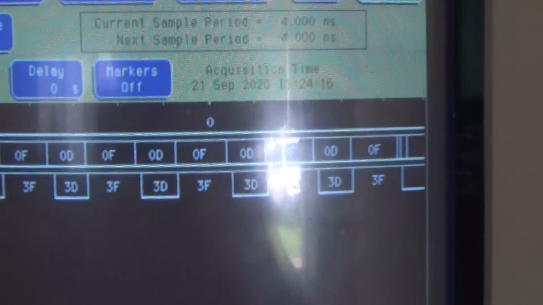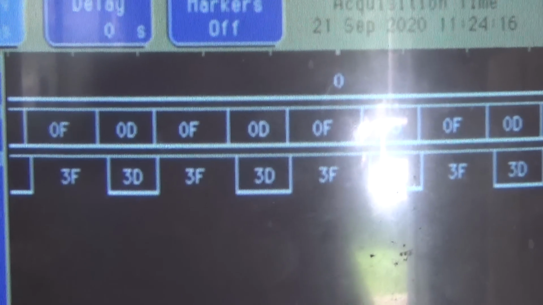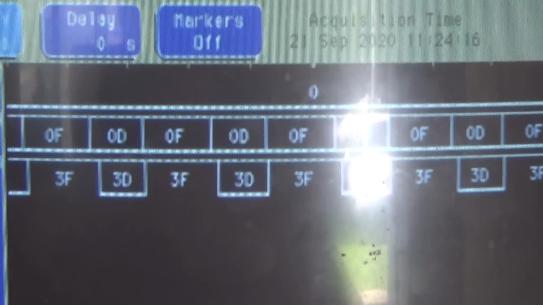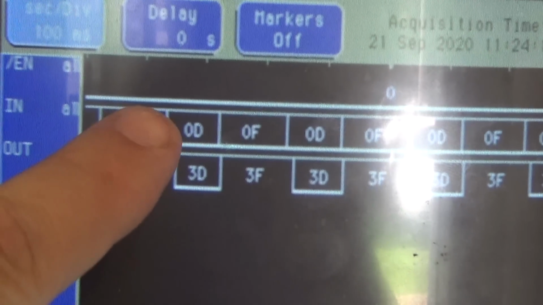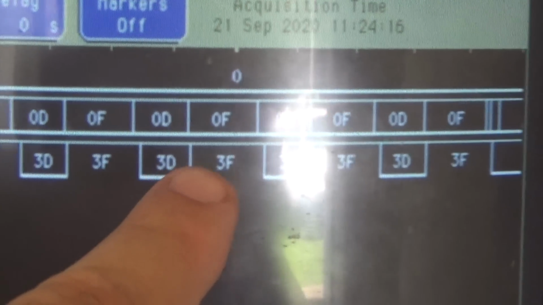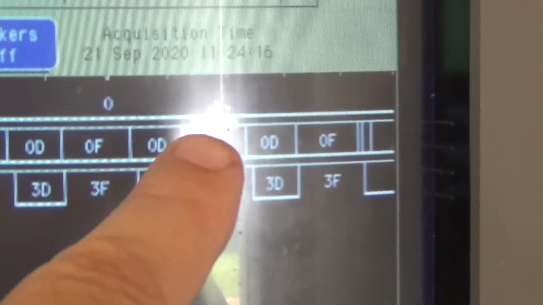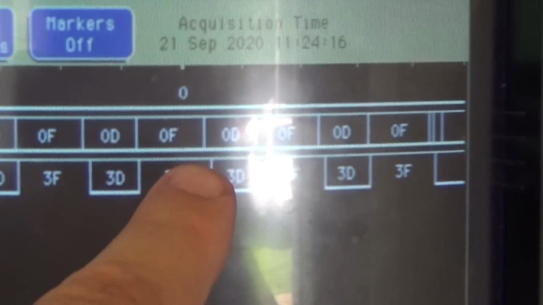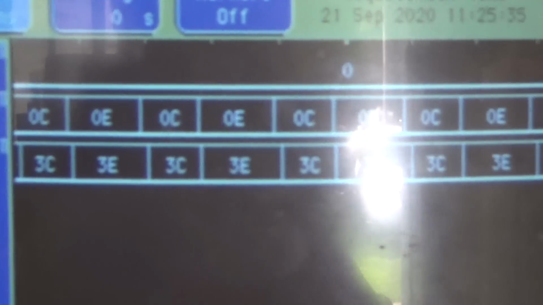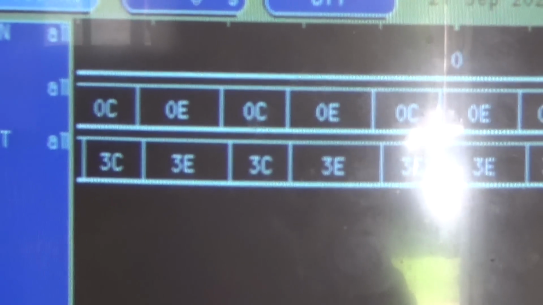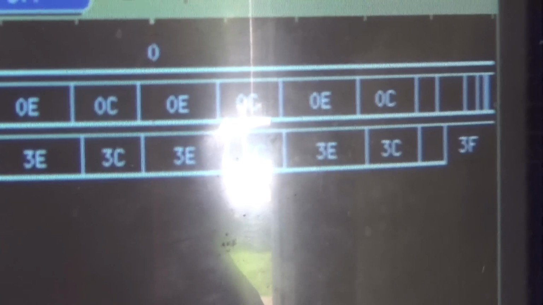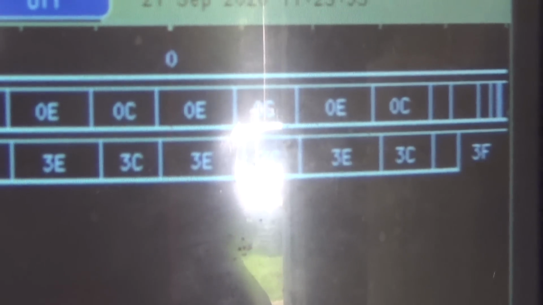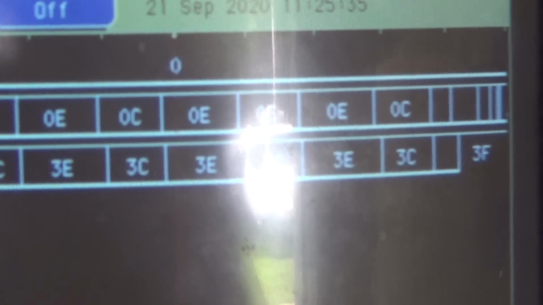And you can see here, same thing. The top 2 bits of the 6 bits are stuck high. You got 0F and it's saying 3F, 0D, 3D. It's always outputting 3 something. No matter what this is, it's always outputting 3 something. See that? 0E, 3. You know, of those 6 bits. Okay, my question is,